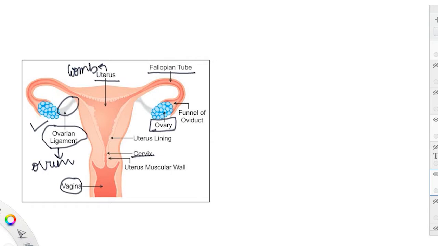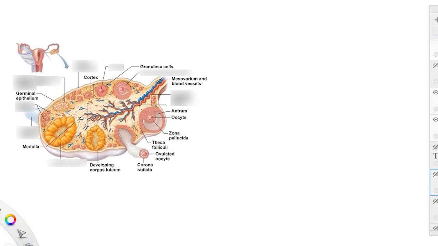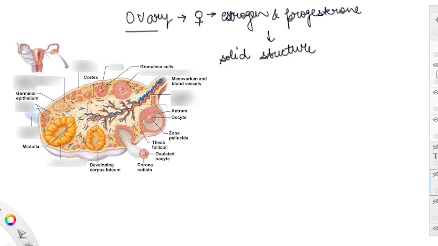See, when we try to understand the concepts with the help of the figure, it becomes easy to learn things. That is why I try to explain some of the concepts with the help of the figure. Now, coming back to the ovary that we are discussing: a solid structure attached to the abdominal wall by means of the ligaments. Next, a very important feature about this ovary is the anatomy part.